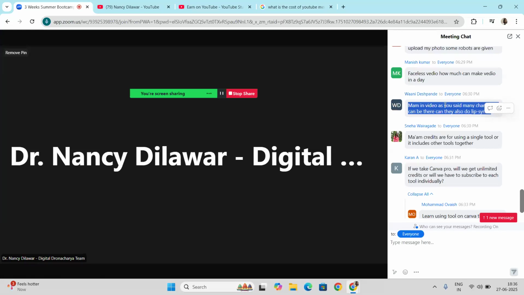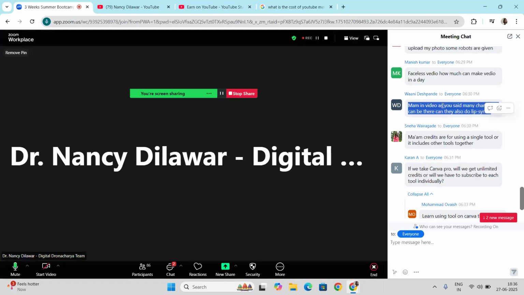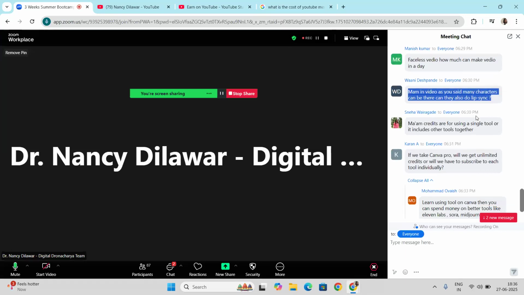So this is how you have to use it smartly, but it is not possible to upload two characters simultaneously and give different lip sync in one single format. You have to choose differently and paste on your canvas smartly, so it appears like the first person is talking, then it stops, then the second is talking, then the third. This is the strategy you have to follow. Otherwise there is no option to add many characters.